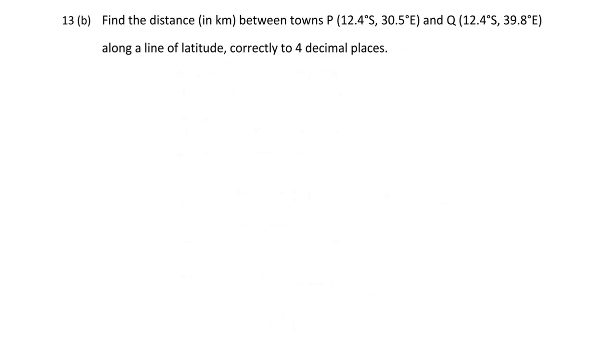Part B of the question, find the distance in kilometers between two towns P and Q along a line of latitude, correct to 4 decimal places. Okay, so this is the Earth as a sphere problem. Since the points are not located on a straight line, we are going to use the following formula, which says distance equals 2 pi r psi cos theta over